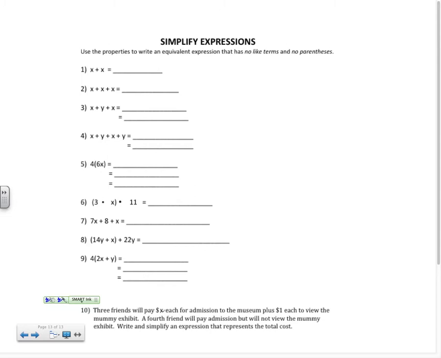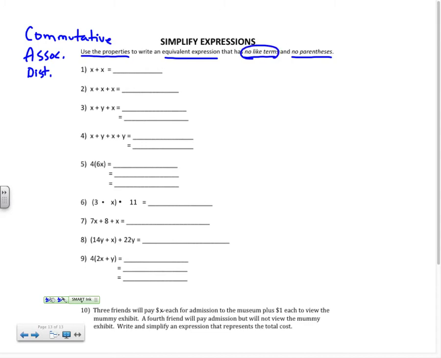It says use the properties to write an equivalent expression that has no like terms and no parentheses. So let's take a look at those directions first. We know our properties. We can use the commutative property, the associative property, and the distributive property to move numbers around, and that's really good for using our mental math. Equivalent means equal, so we're going to find some equal expressions, and all of our terms are going to be